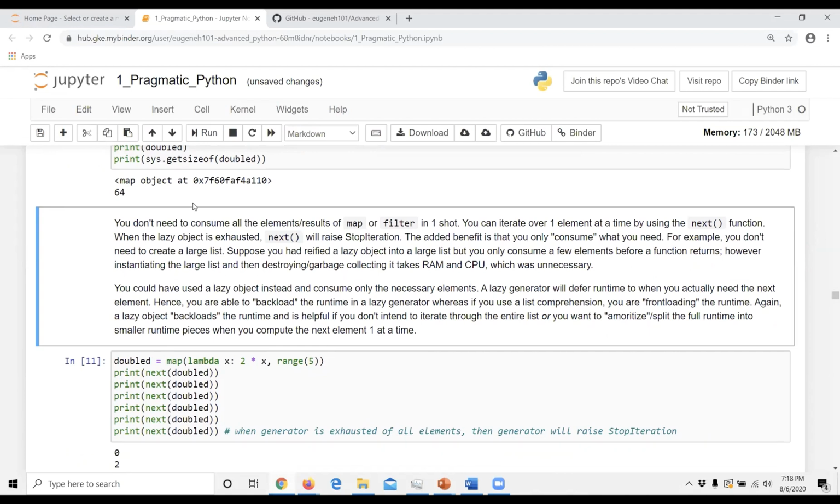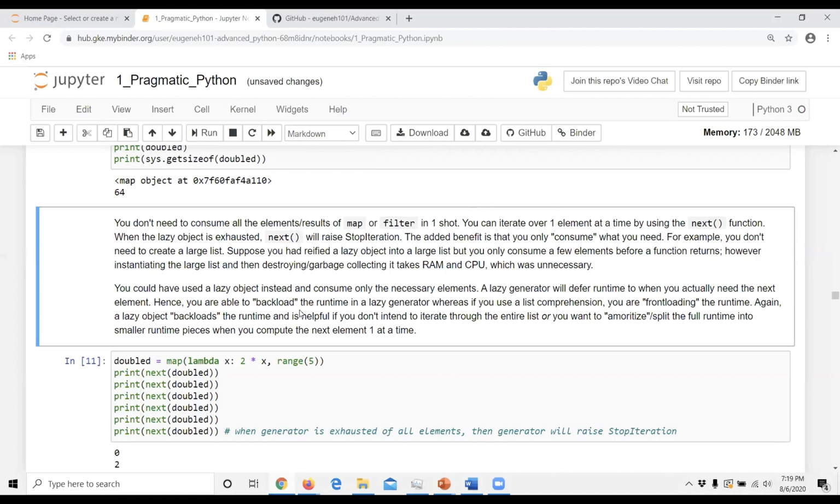Another cool thing about lazy iterators is that you don't consume all the elements of map and filter in one shot. You could do it piecemeal. You just get the next element, the next element, the next element, just like you would do with range. You don't need the full range. You don't need a list of a billion elements. You could just consume, say, the first few in range: get 0, get 1, get 2.